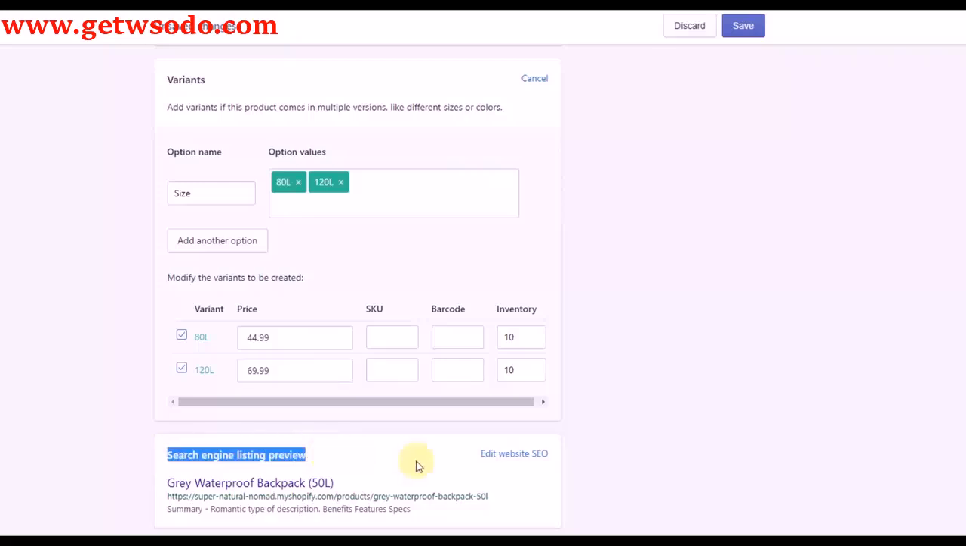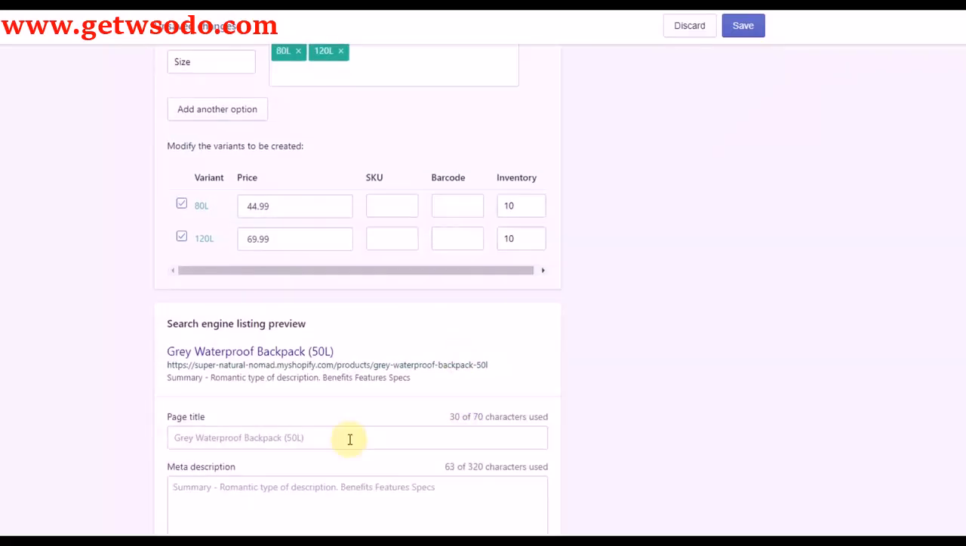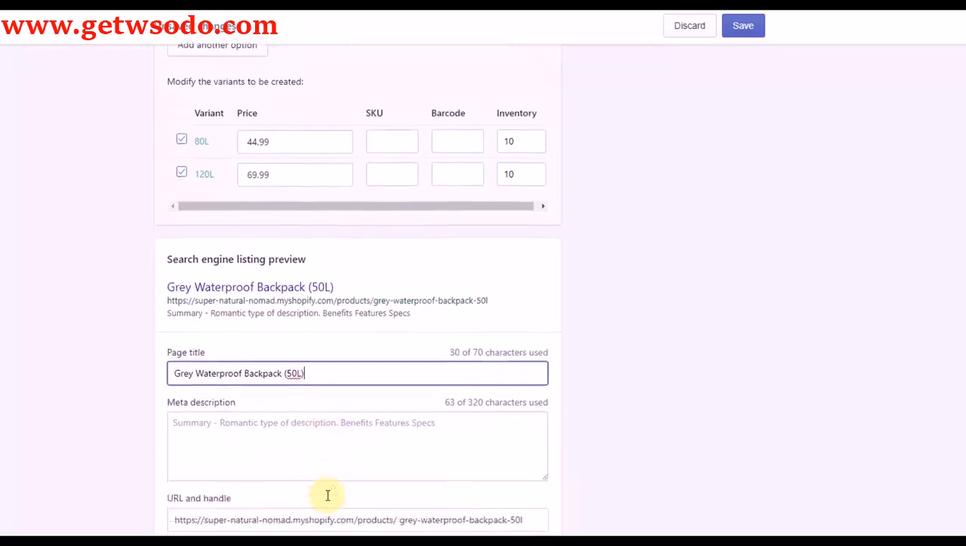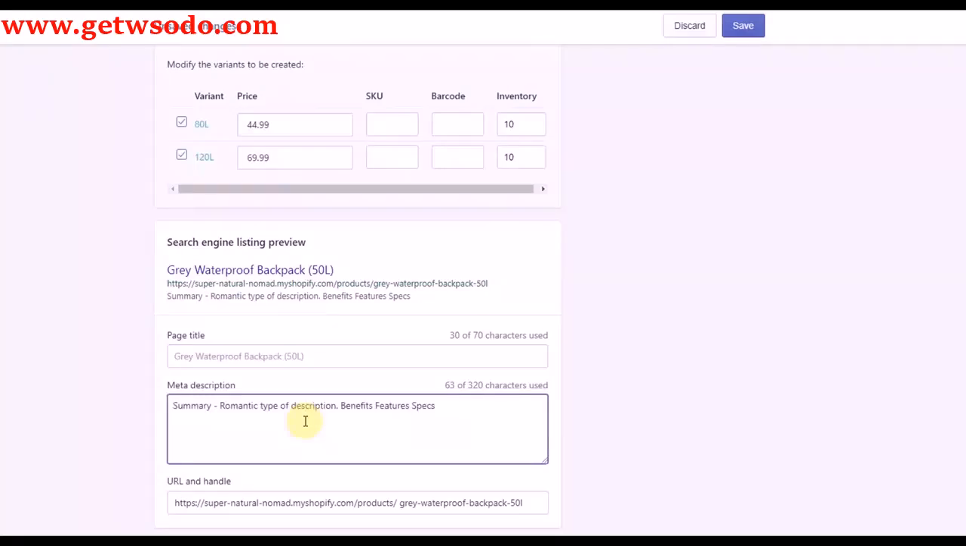Search engine listing preview, obviously relatively important. What we write here is going to play an impact in not only where we get ranked, if at all, but what people see when they go through Google, when they go through Bing, they see your listing. You want to be as descriptive as possible here. You want to have the right words that are going to get people to come and check out your page. So you're definitely going to want to write powerful copy here. You have to be very concise,